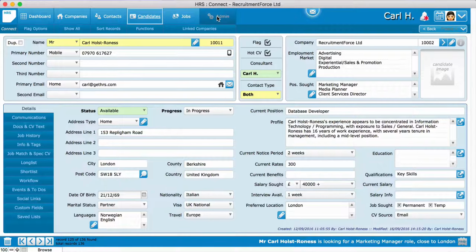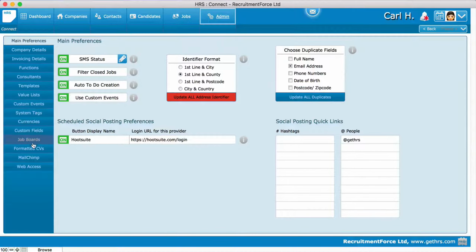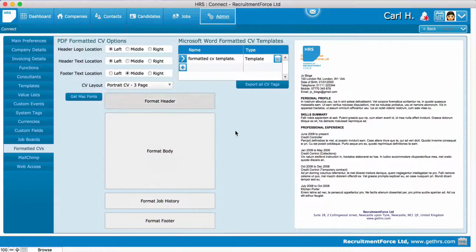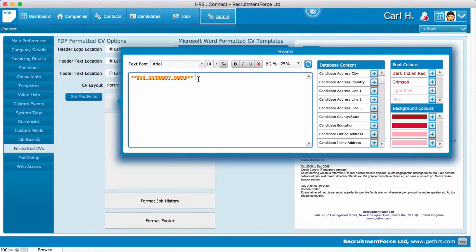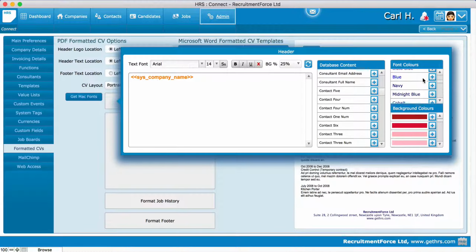CV formatting PDFs, this is something we introduced a little while ago alongside the Microsoft Office Word formatting. But now we've also introduced an additional feature to the PDF, which is one of our customer requests, which is being able to color code the text. So not only can you choose information that you can add, like database content that you can add to this document, and the colors,